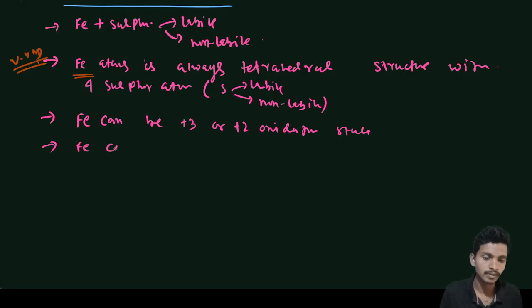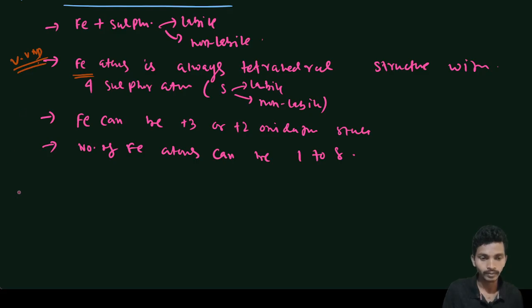So the number of Fe atoms can be 1 to 8,